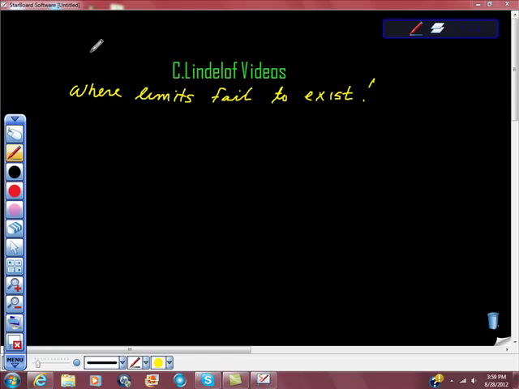Okay, where limits fail to exist. So this is AP Calculus AB. So we look for a limit. When we're looking for a limit, we have to keep in mind that a limit is a number that we're approaching. So we're kind of looking at it like this. We're saying the limit